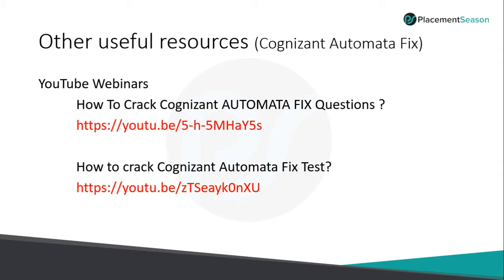If Cognizant is going to visit your college, go through this video completely and understand the different types of questions you can expect in Automata Fix. In the pseudocode section and Automata Fix, you can get the maximum questions from branching and looping concepts. That's why we suggest you go through these two videos. You will get 7 questions in Cognizant with a 20 minute duration, so plan how to answer those 7 questions. Definitely there will be a sectional cutoff, so you have to answer all the sections. Watch this video to understand more about Cognizant Automata Fix.